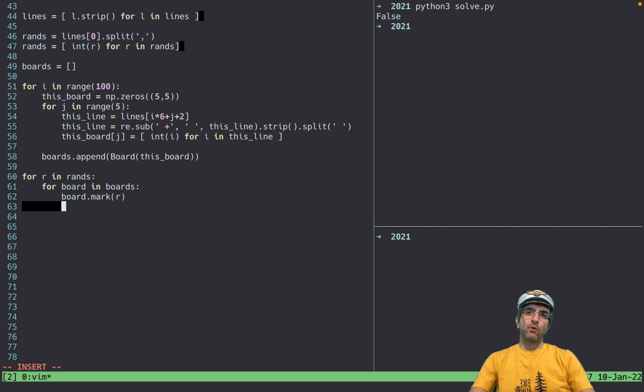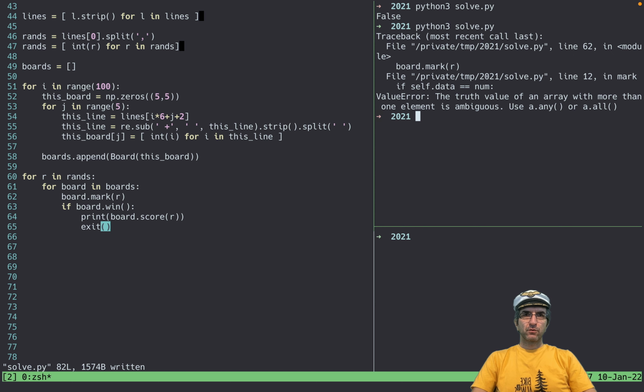Okay, mark r on this board. If board win, print board score, and I have to send it the r. And if it's done, exit. Let's see if it works.